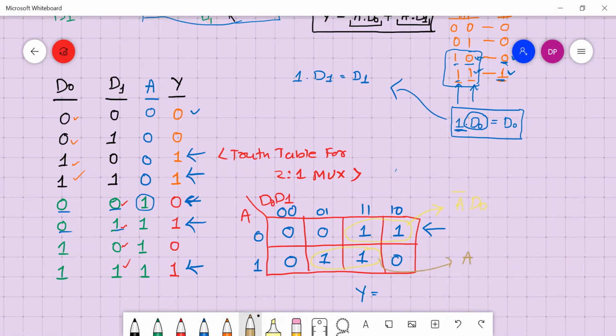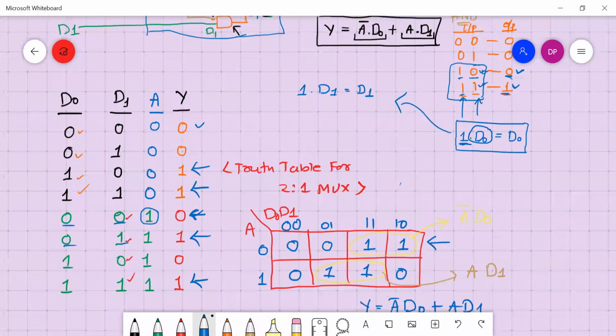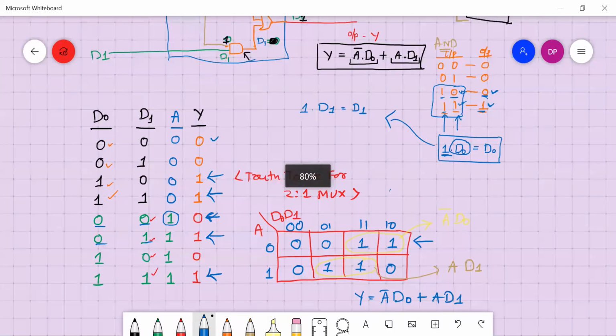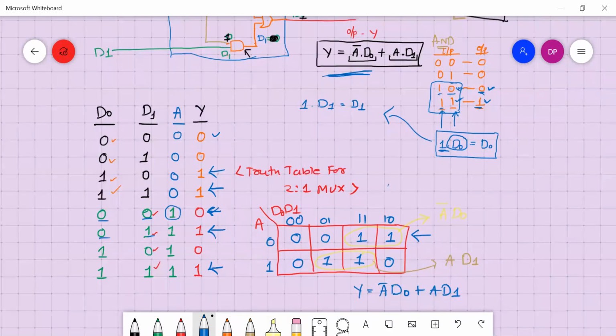This is A D1. So Y is equal to A complement D naught plus A D1. I guess it is the same expression, right? You can check it here. Yes, sir, it is the same expression.